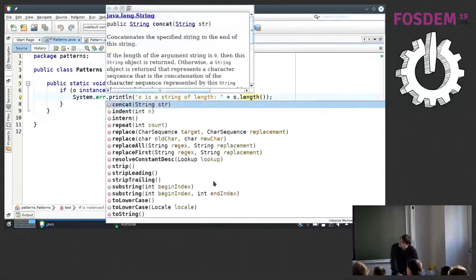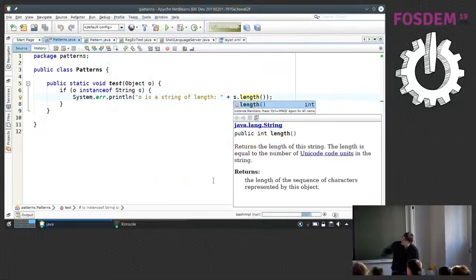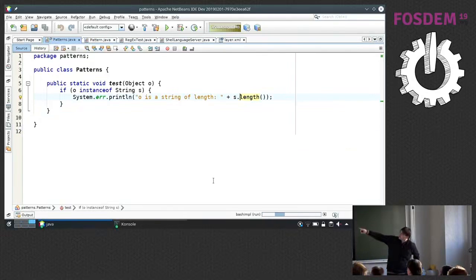So the IDE itself doesn't understand this construct, but JavaC does. So a lot of things are working, but of course not everything. For example, you may be able to see that the s is highlighted here, but the declaration in the instanceof is not, because the IDE itself doesn't understand the construct that may be coming.